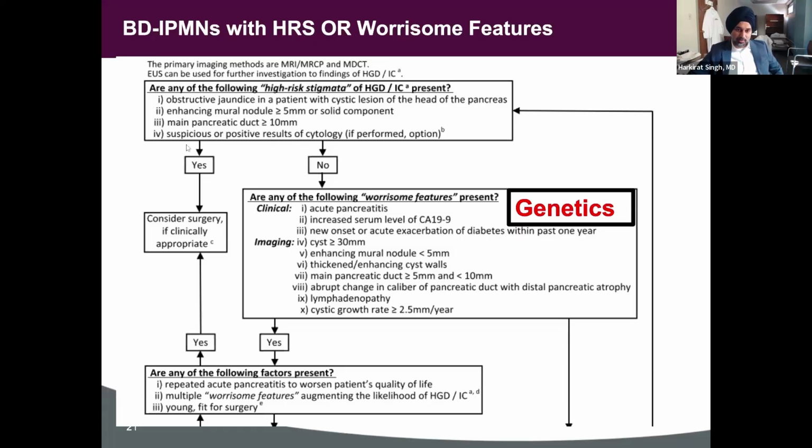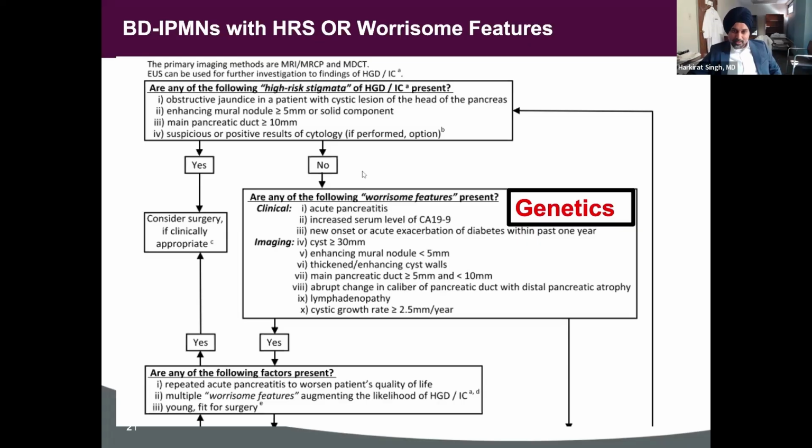If you have any of those, the chances are you have a high-risk cyst, which either already has advanced neoplasia, high-grade dysplasia, or cancer, or you are at a very high risk of having those things in the near future. So if you are a surgically fit candidate, we recommend surgery. Okay, there is not much debate about this, that these patients should be considered for surgery, either because they already have something bad ongoing or they are at a high risk. So this is the first thing we see whenever I see a patient with branched-duct IPMN. Do they have a high-risk stigmata?